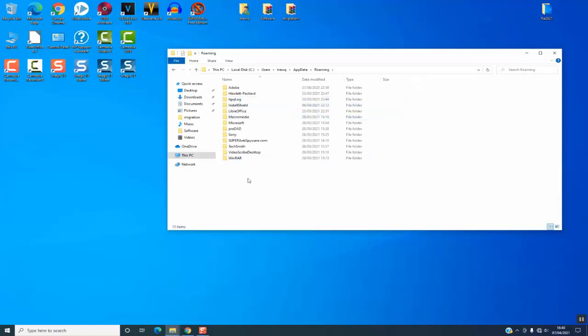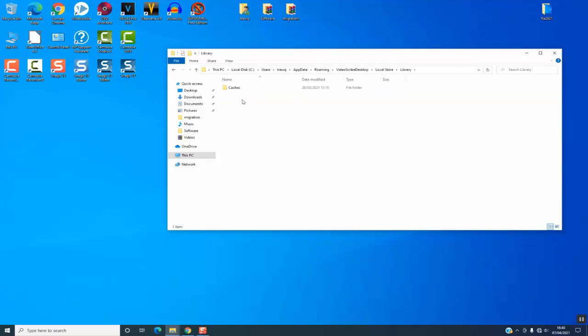Next step, you will need to click on VideoScribe desktop. After that, local store, library, caches, and here you will need to select and delete everything. Once done, you can close,